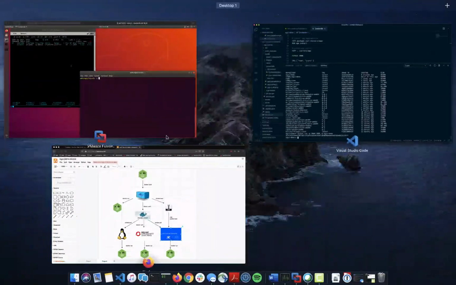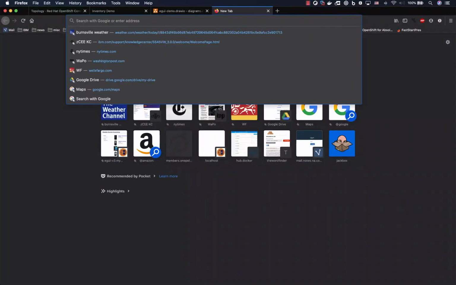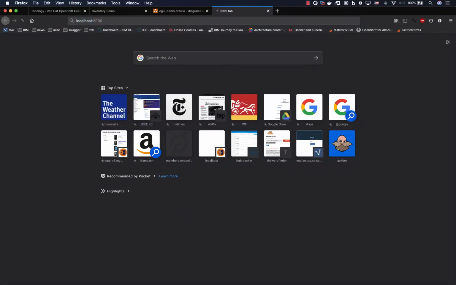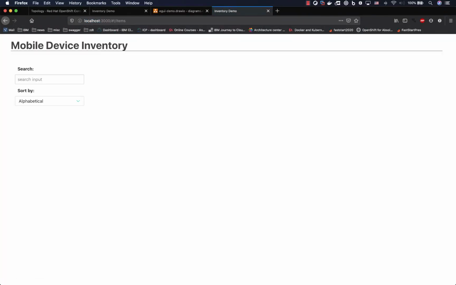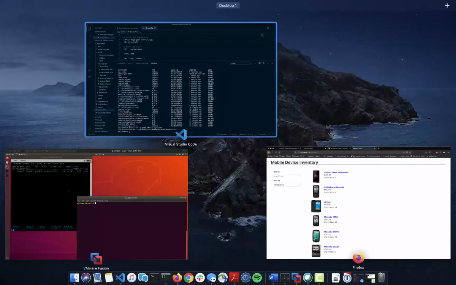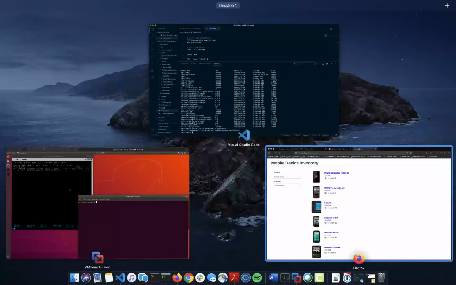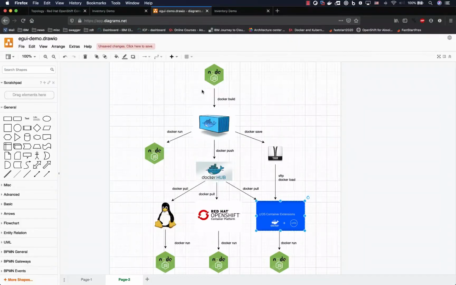If I pop back to my browser, I should be able to go out here to localhost 3000, and I should see the exact same application that we looked at earlier, that Node.js application. Now it's running inside of a container. Pretty easy. Okay, let's go back to our picture. So we did this path, right? We have this working container that we ran here. The next thing we're going to do is push it up to Docker Hub